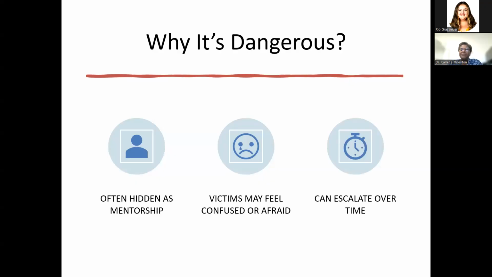The victims are afraid and confused, and it does get progressively worse because once you sit silent and don't speak up after the first incident or the second or even the third, or it's gone on for a couple weeks, and then you speak up a month later or two months later, or it's not the first through the third time, but the seventh or the eighth time that you decide to speak up,